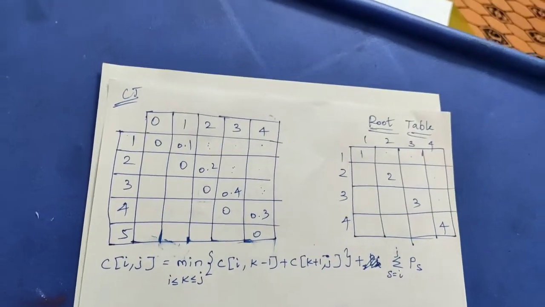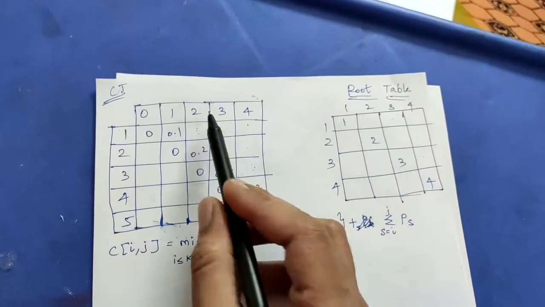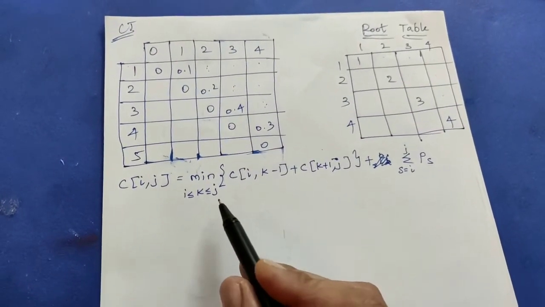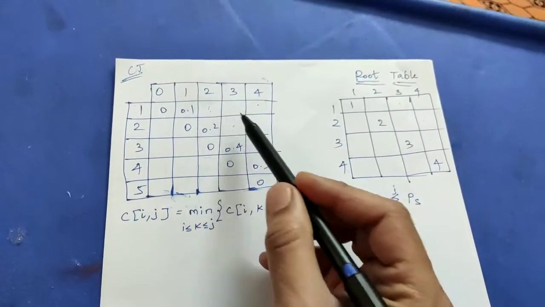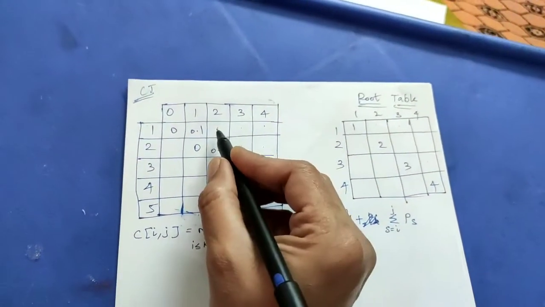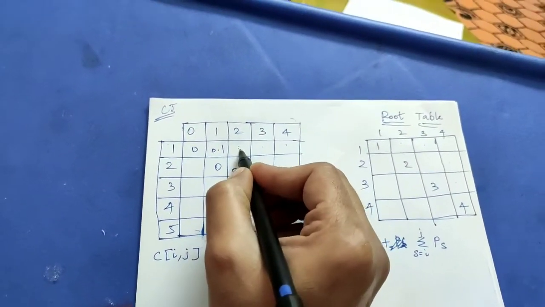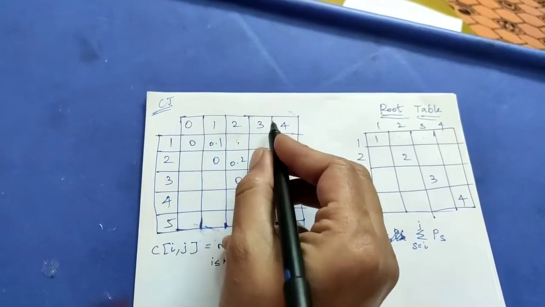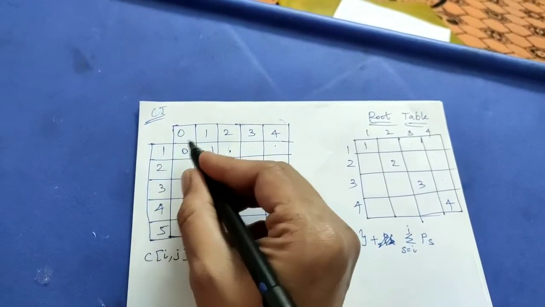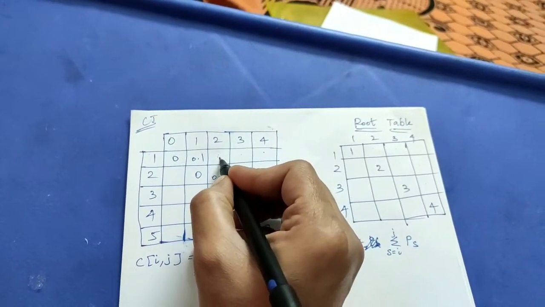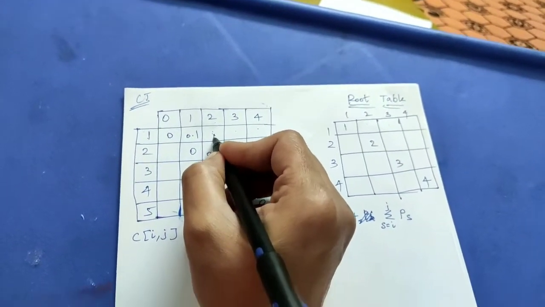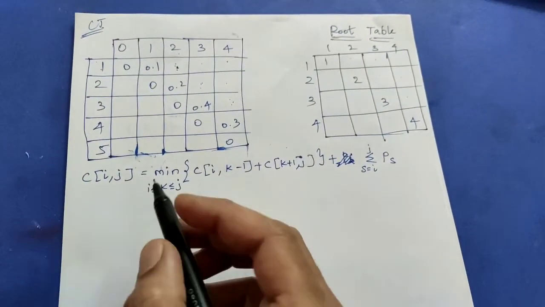Finally, this one I will fill. To fill the remaining diagonals, I will be using this formula. This is a step to find the remaining diagonal values. What is the first location I want to find? This is a row number, this is a column number. What is the row and column value for this location? 1 comma 2. The location is first row, second column. I have just taken it. So using this formula, what is this formula?